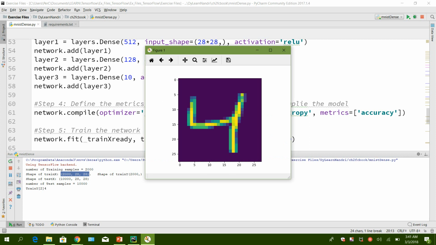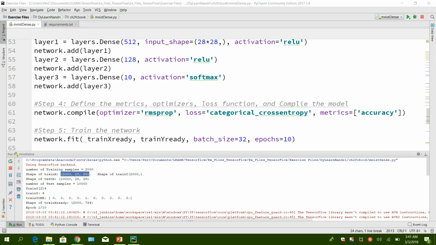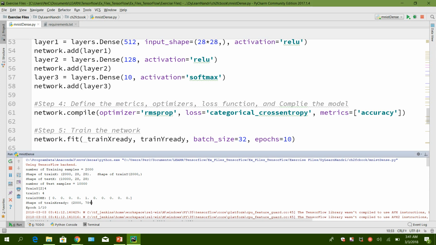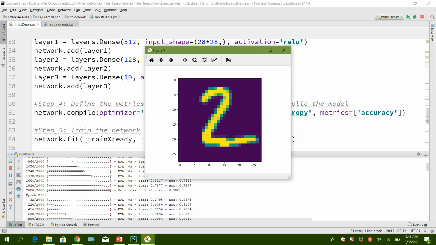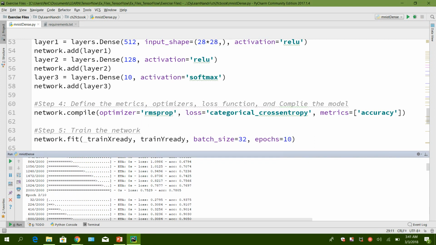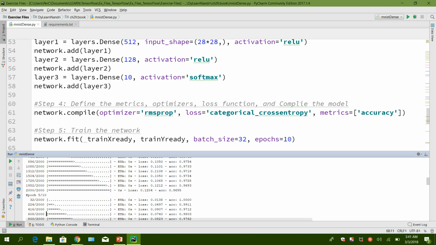The values are essentially 28 by 28 pixel sized images, and now this training has begun. The iterations are running, and as it runs, the various values get printed.